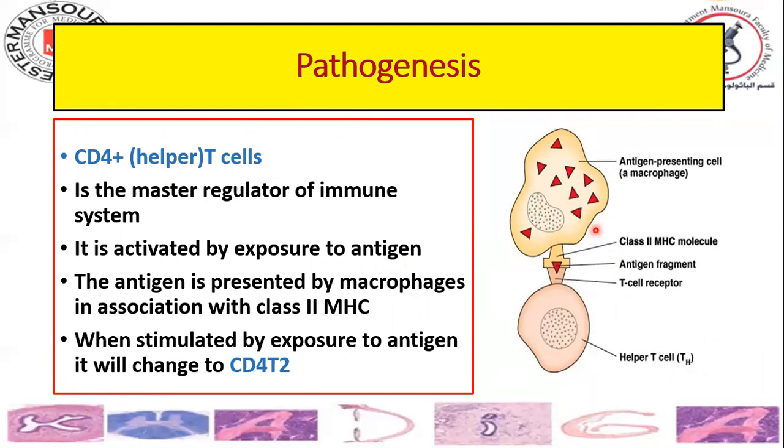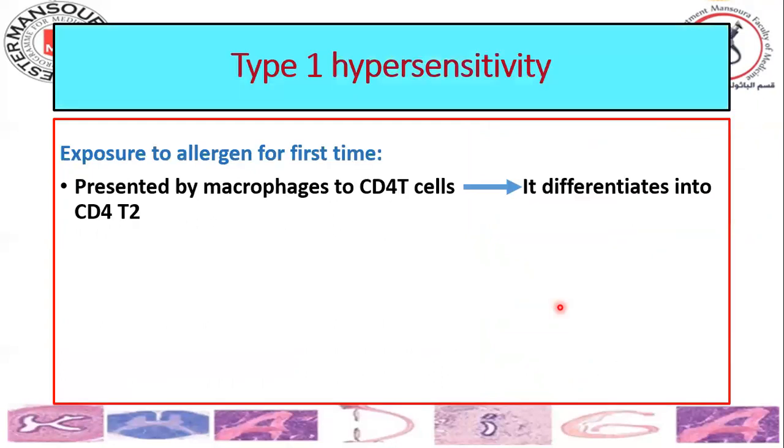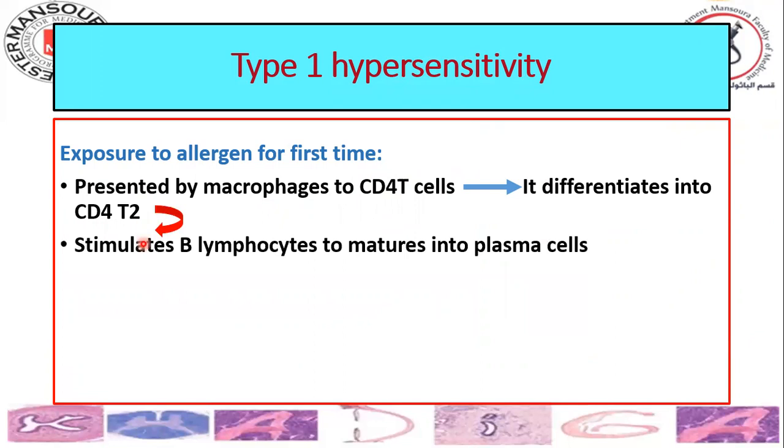These class 2 MHC molecules, or major histocompatibility molecules, identify the allergen and present it through the receptors to the CD4 cells, which differentiate into CD4 T helper 2. So after exposure to the allergen presented by the macrophage to the CD4 cells, they differentiate into CD4 T helper 2. The CD4 T helper 2 in turn activates the B lymphocyte